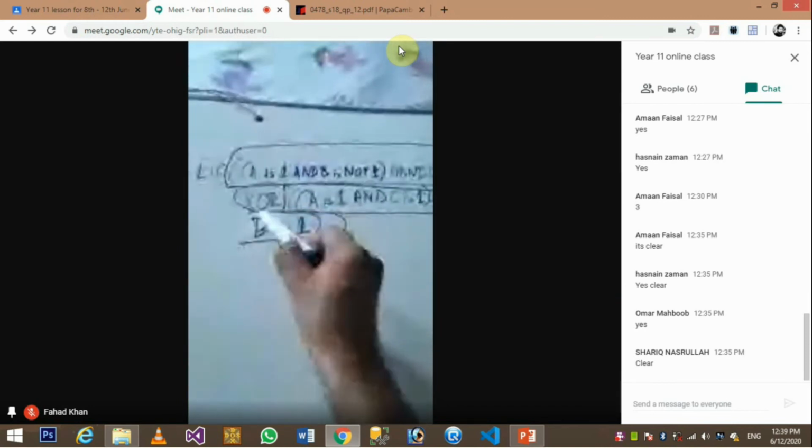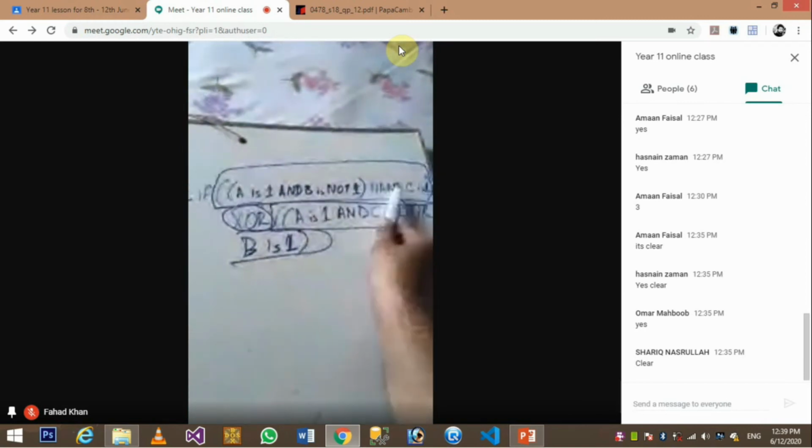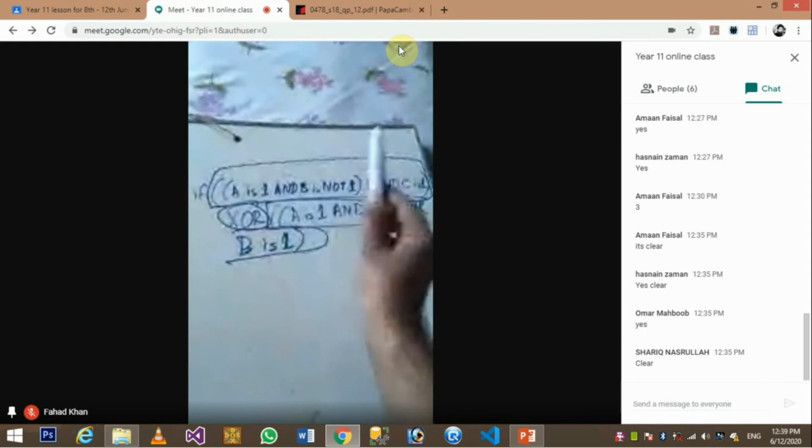These two are the second part, and this XOR is the middle connector which connects both logic circuits. This would be the logic circuit, and this would also be the logic circuit. So these two logic circuits would be connected with XOR, right? So first, quickly going to make this logic circuit, then we'll see how we can make the next one.